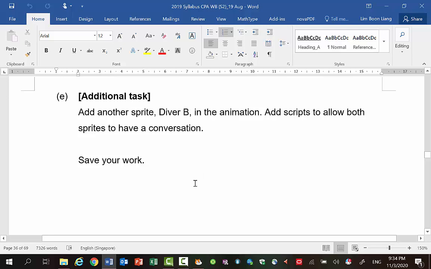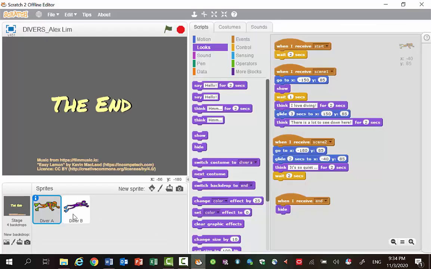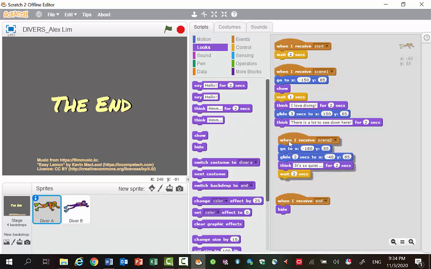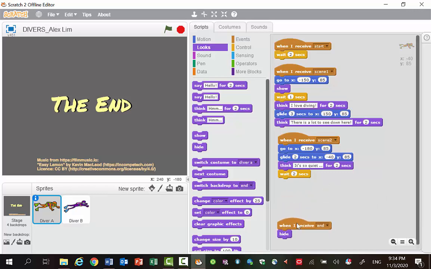So what you need to do here is to make use of the second diver. So you may want to look at the animation again and see where you want the conversation to appear. So ideally you want a conversation to appear somewhere at scene 2. After it says "so quiet", you wait for 2 seconds and here it thinks, "Alright, look, another diver"